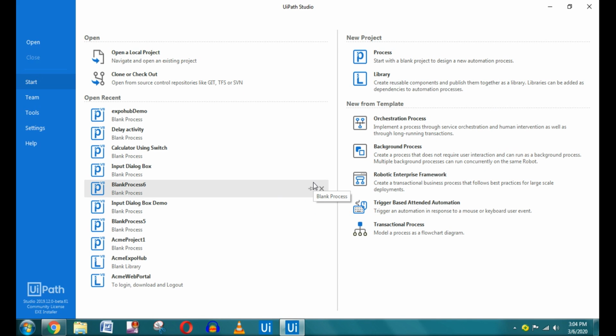How to open a new browser using UiPath. Can the bot open a new browser? Can the bot open a website? Let's get started. So this video is for beginners. When you open UiPath, this is the home screen that you will see, and from here you need to click on Start, click on Process,